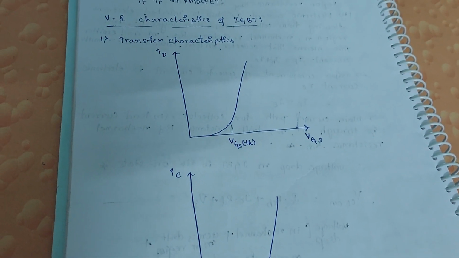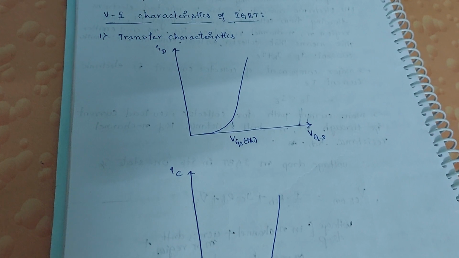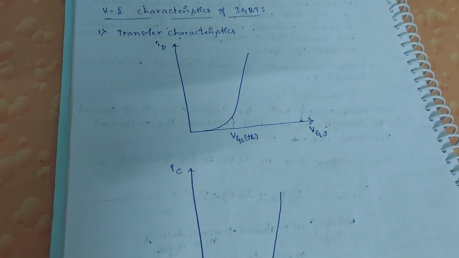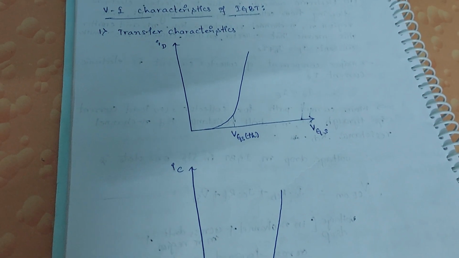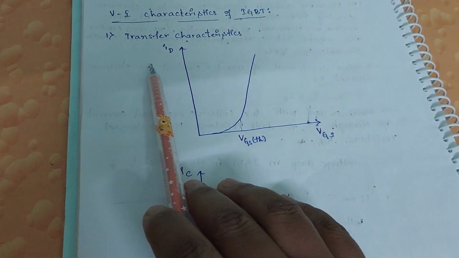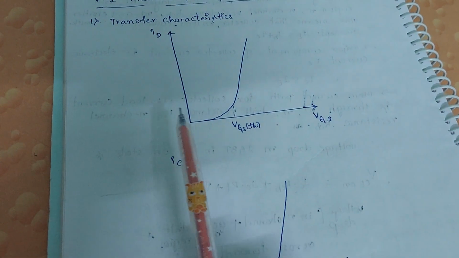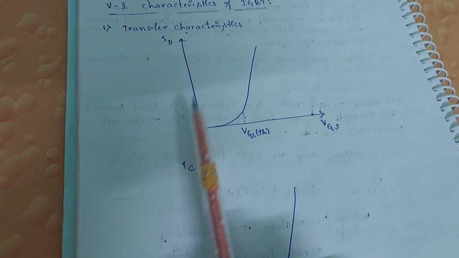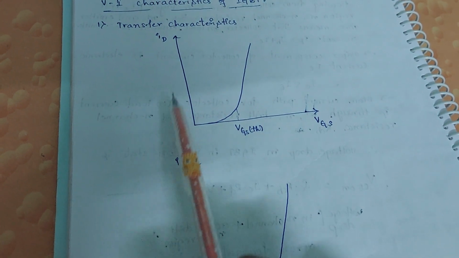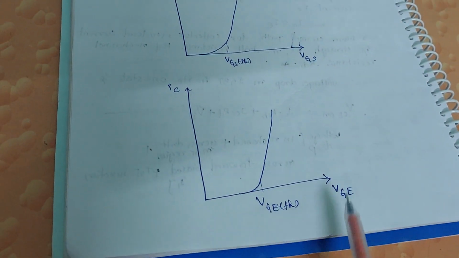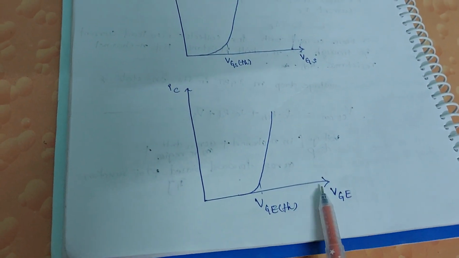Hi everyone. Now we are going to discuss the VI characteristics of the IGBT. In the VI characteristics of the IGBT, we are going to talk about the transfer characteristics as well as the output characteristics. The transfer characteristics are plotted either between the drain current and the gate to source voltage, or the collector current and the gate to emitter voltage. Both have the same sort of